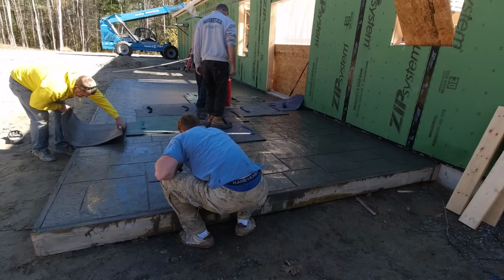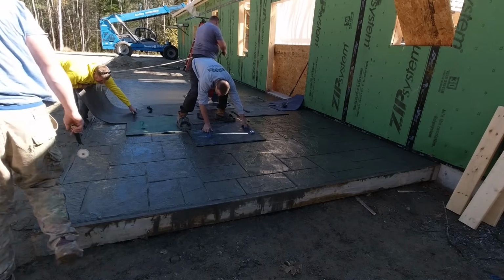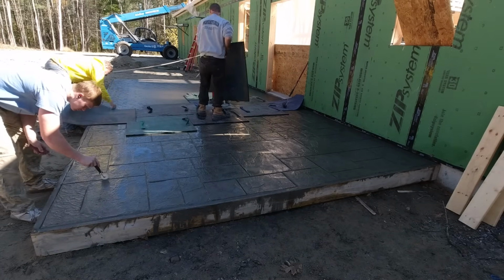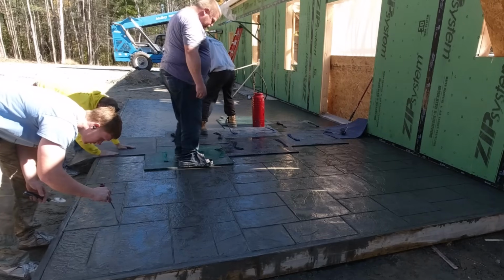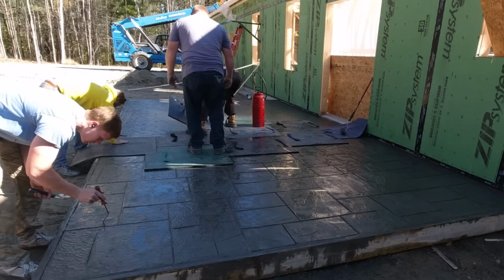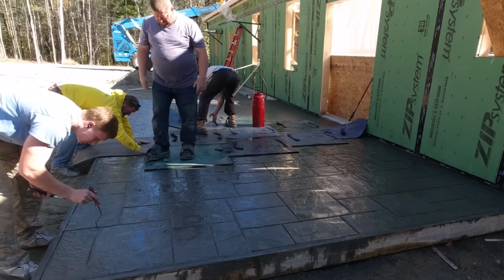And that's what, we got two guys around the outside edge, and then two of us on the concrete. That's what really speeds things up. So one guy, like young Luke here, is touching things up as we go, making sure it's the way we want it to look with the touch-up tools. And if he needs to add a little bit of texture to his stone, he can roll that on,